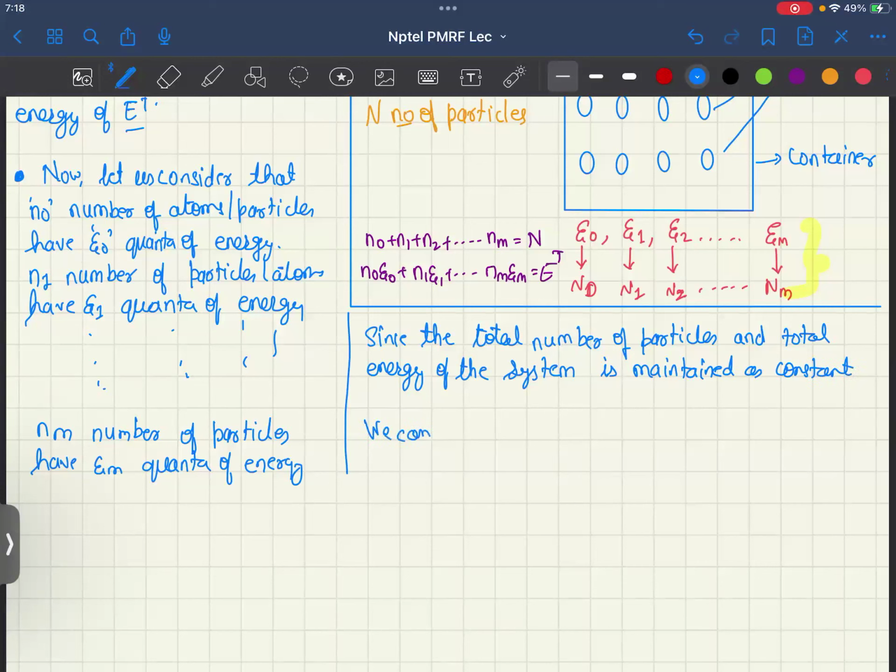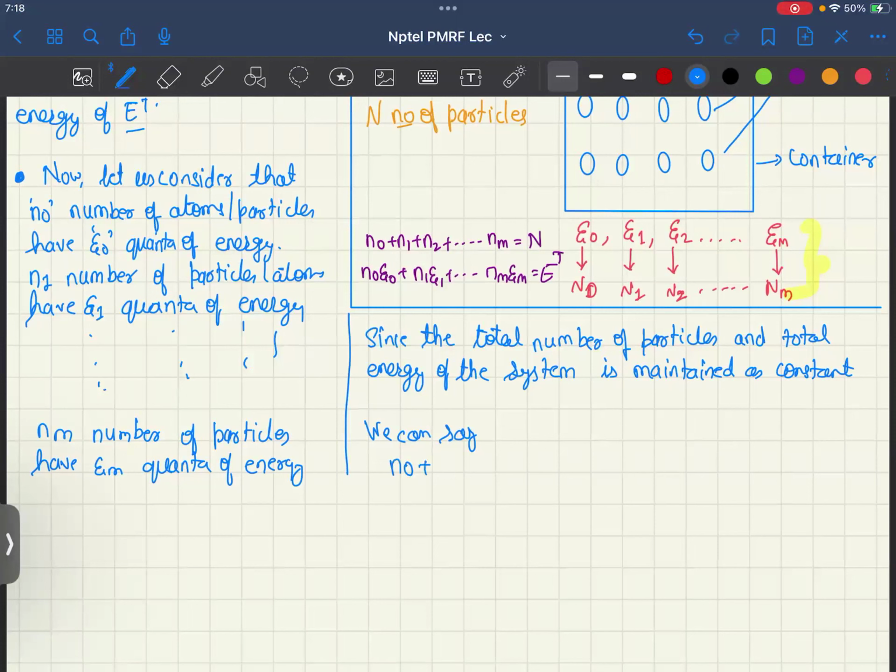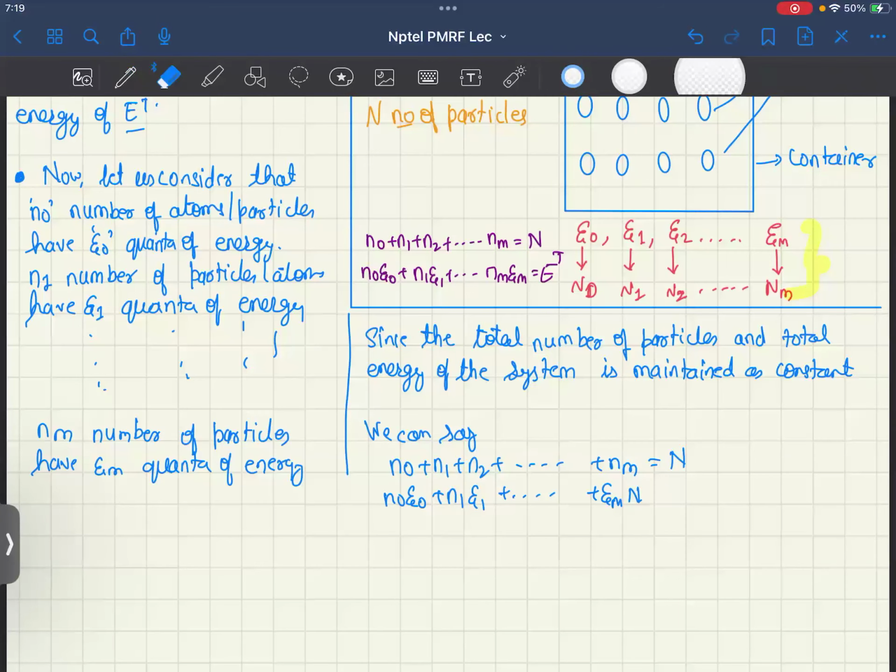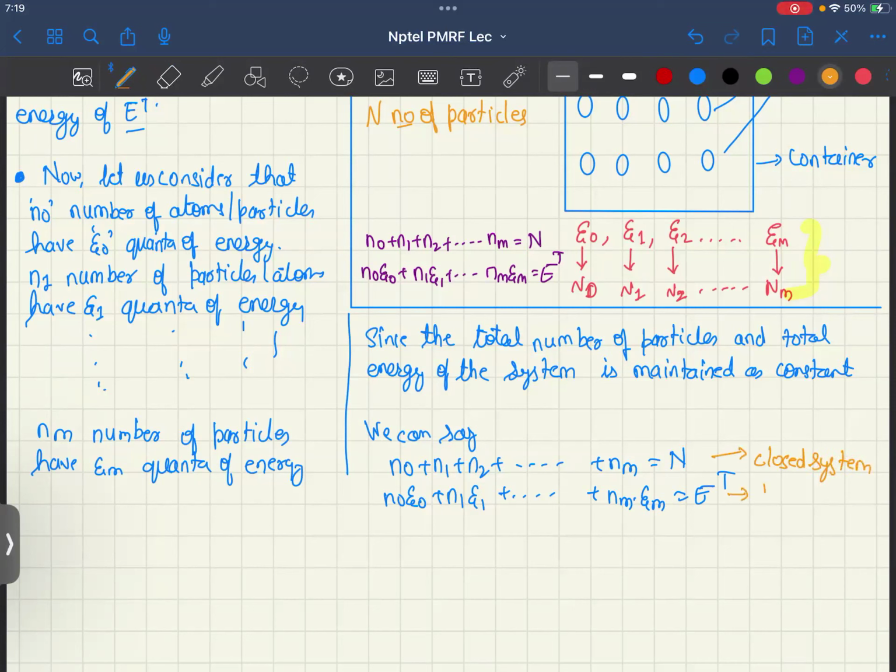We can say that n0 plus n1 plus n2 plus up to nm is nothing but N. The total energy is also n0 times epsilon 0 plus n1 times epsilon 1 plus up to nm multiplied by epsilon m is nothing but equal to Et, right? So this assumption basically means that it's a closed system, and this assumption means it's an isolated system,